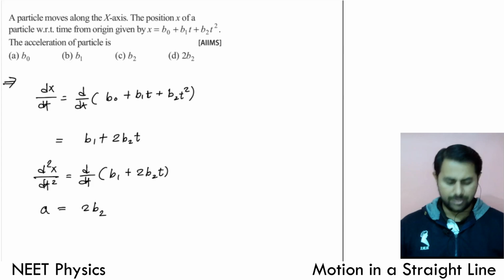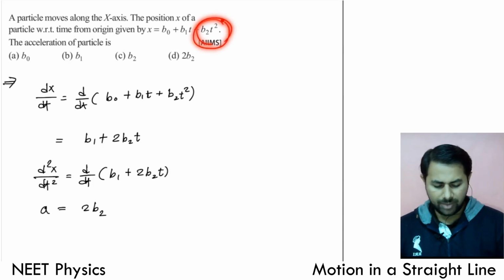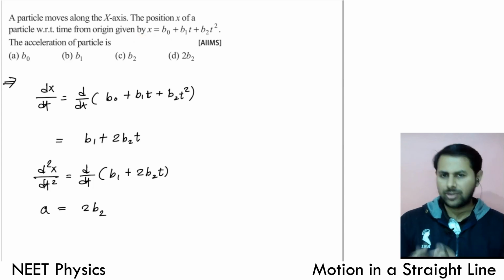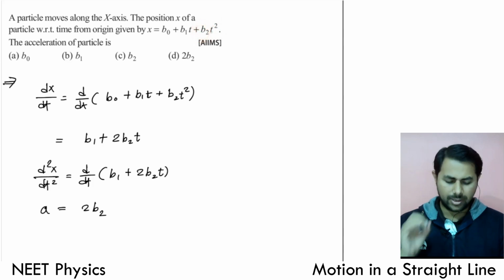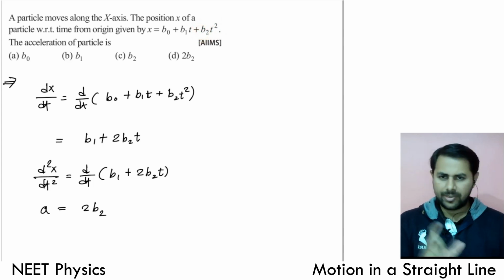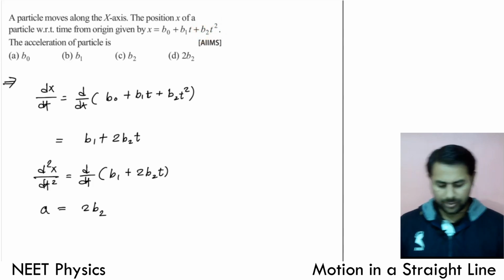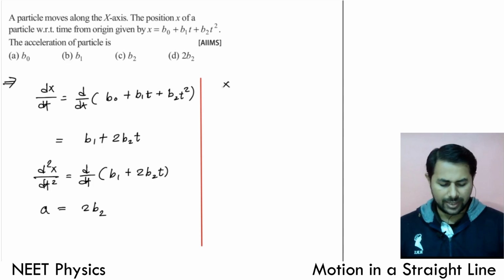Okay, that's good. Then see, if you have t square in the equation of x, meaning position or displacement, then the acceleration would be equal to 2 times whatever coefficient is there, right? If it is b2, it will be 2 times b2. Why is it so? Let me explain. You can just compare. So you can write this thing as x minus b naught is equal to